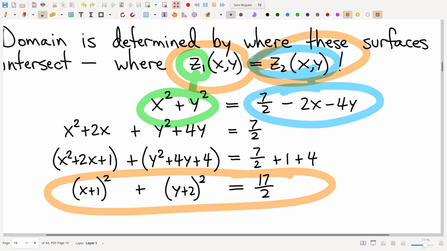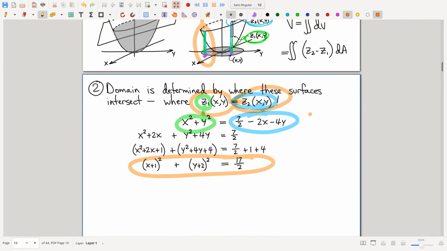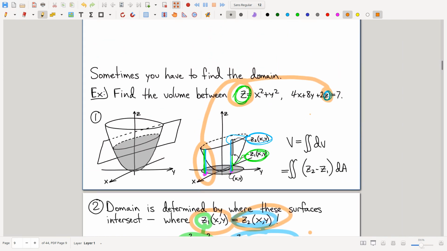Is everybody happy? Now let me show you what a lot of students do wrong on this. And I get the temptation. The temptation is totally understandable. Very often students will look at this picture and realize that they want to know where the one surface intersects the other surface,